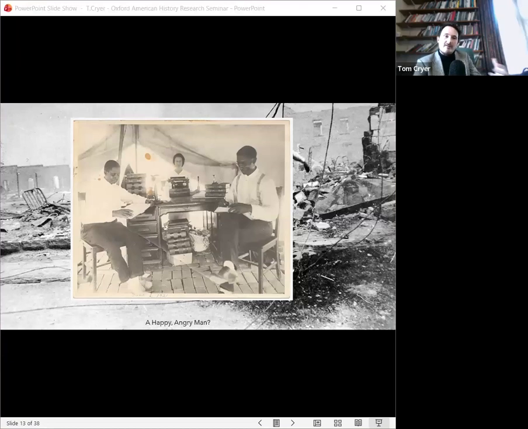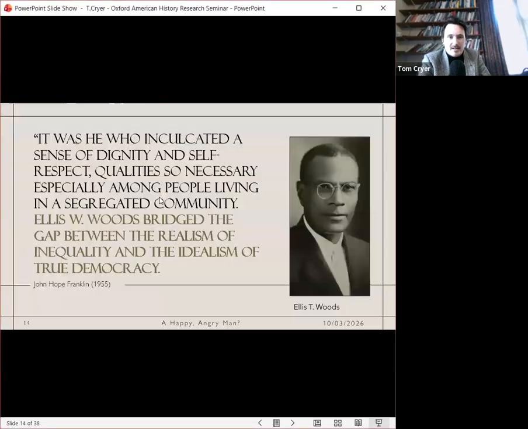For John Hope, then, growing up in Tulsa in the aftermath of all these events encouraged an aspirational racial pride alongside a strategic, perhaps chastened acceptance of the contained spaces in which black excellence could flourish. One key example of such spaces was Tulsa's black school system. As Franklin recalled of his high school principal, he inculcated a sense of dignity and self-respect, qualities so necessary, especially